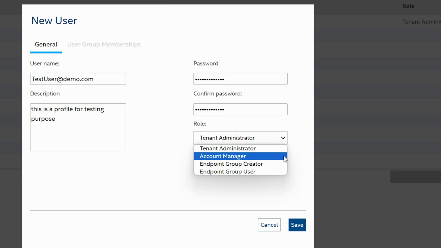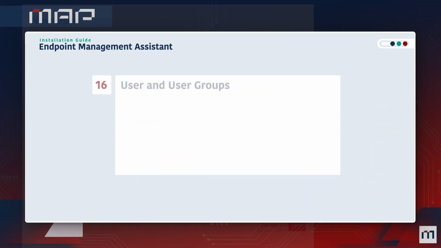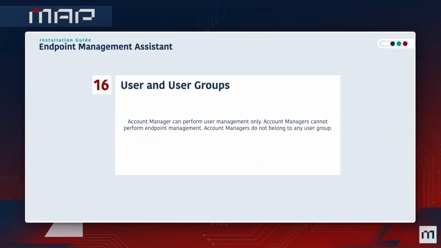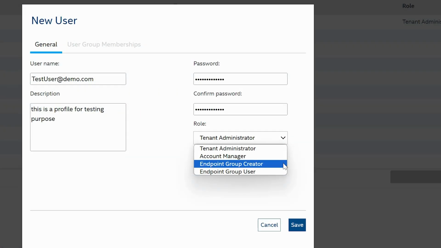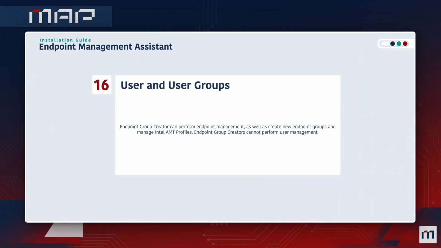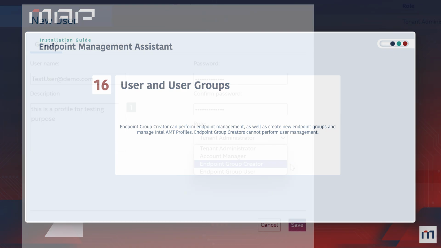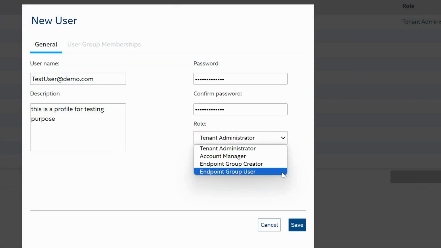Account Manager, Endpoint Group Creator, Endpoint Group User,